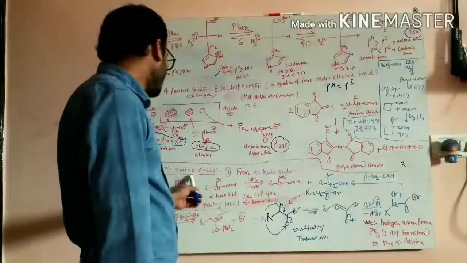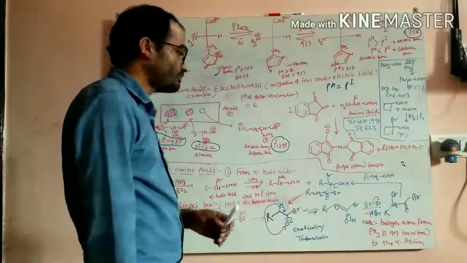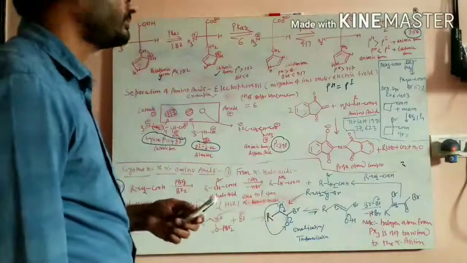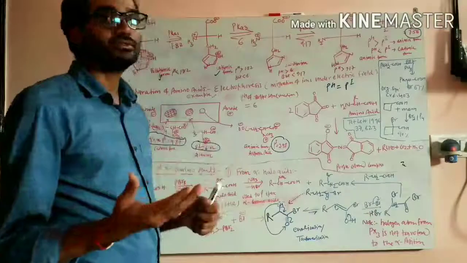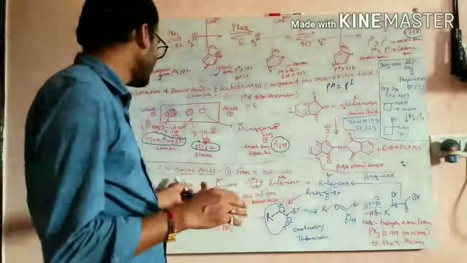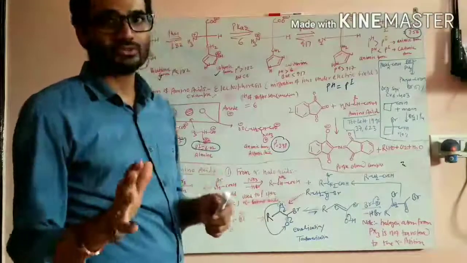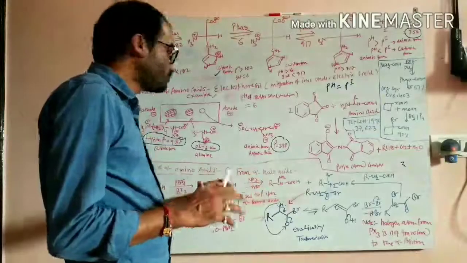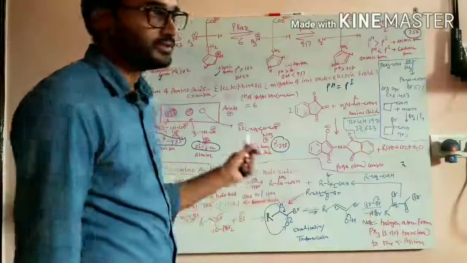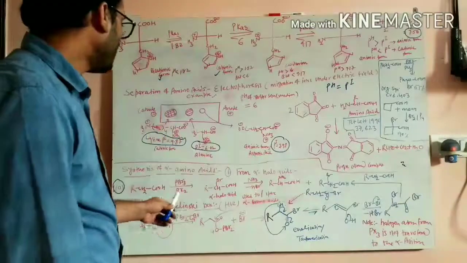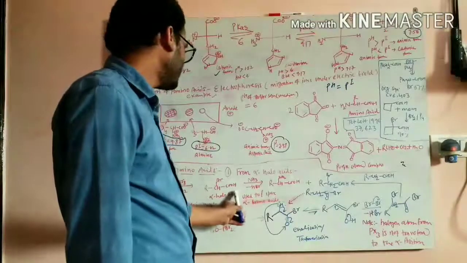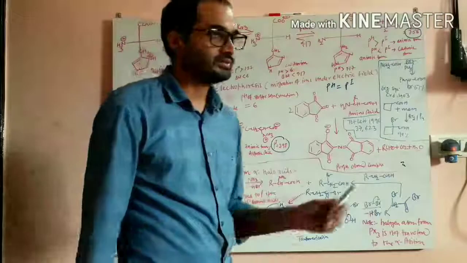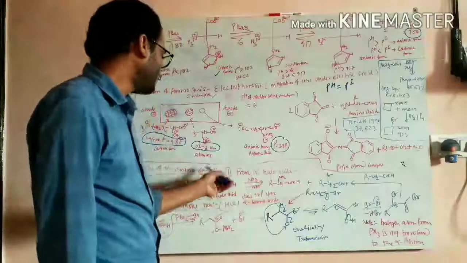This carboxylic acid is treated with PBr3 or PX3, a phosphorus halide, or simply phosphorus. I have taken PBr3 and bromine, and I am getting this alpha halo acid. This bromine is here at the alpha position,